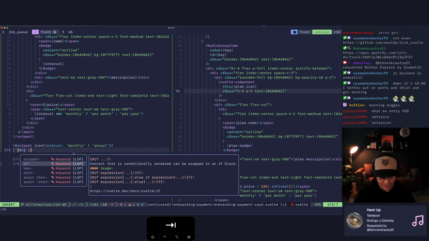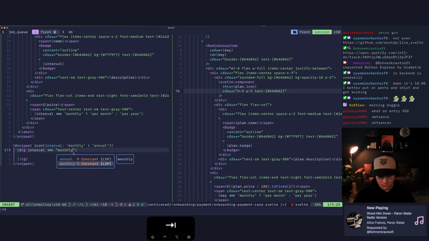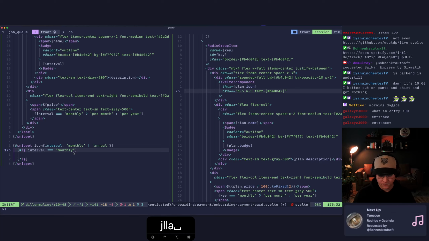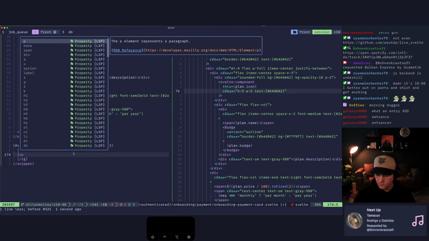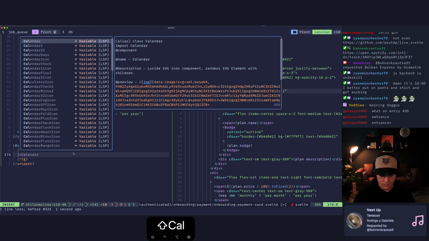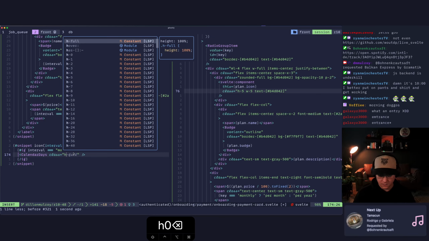We'll be like, if interval is equal to monthly, we will render what we said was calendar days, and the style we want is going to be class equals h5